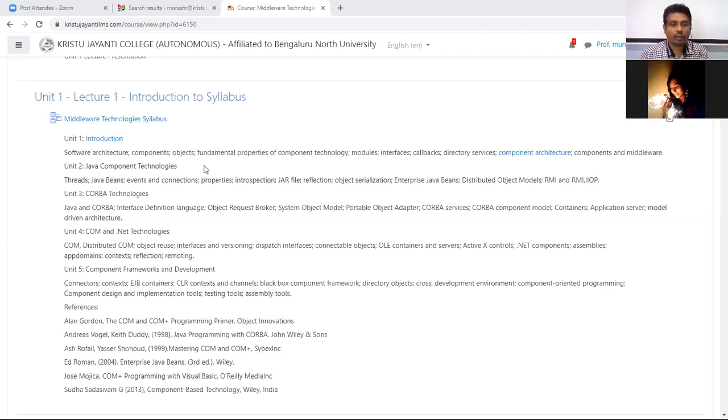And there is an Object Request Broker, which is called ORB. It is one of the most powerful mechanisms created in this CORBA architecture. In this architecture, one of the key components is the ORB, the Object Request Broker. Whenever the client makes a request, the request will come to the ORB, and from the ORB only it will be passed to the server. It won't connect directly to the server. Through the ORB only, all these transactions will take place. That is called the Object Request Broker.